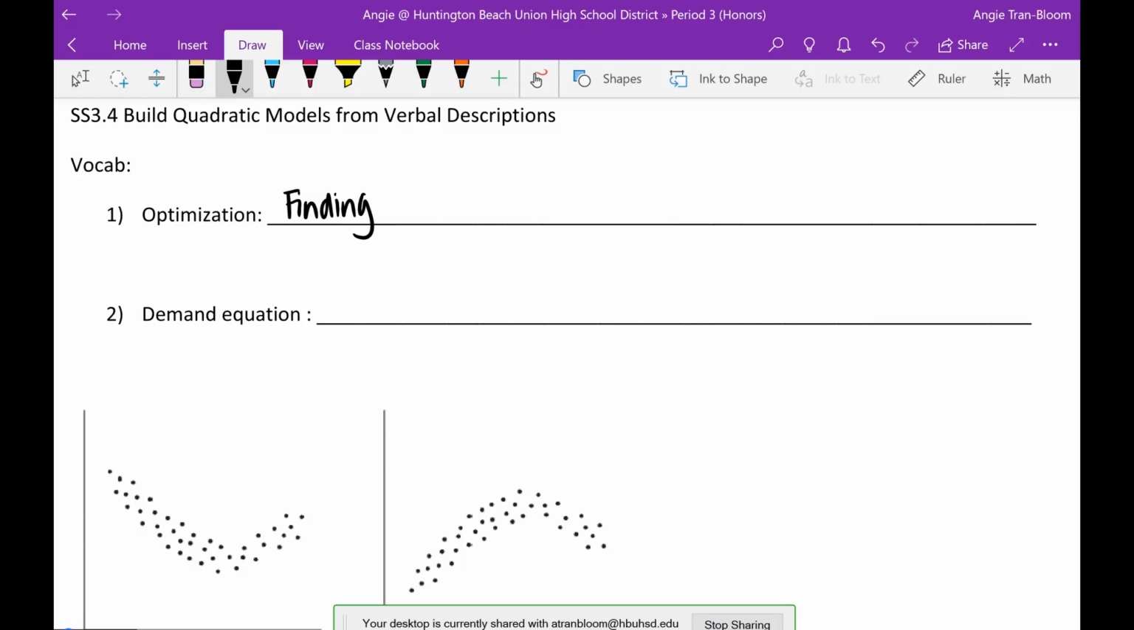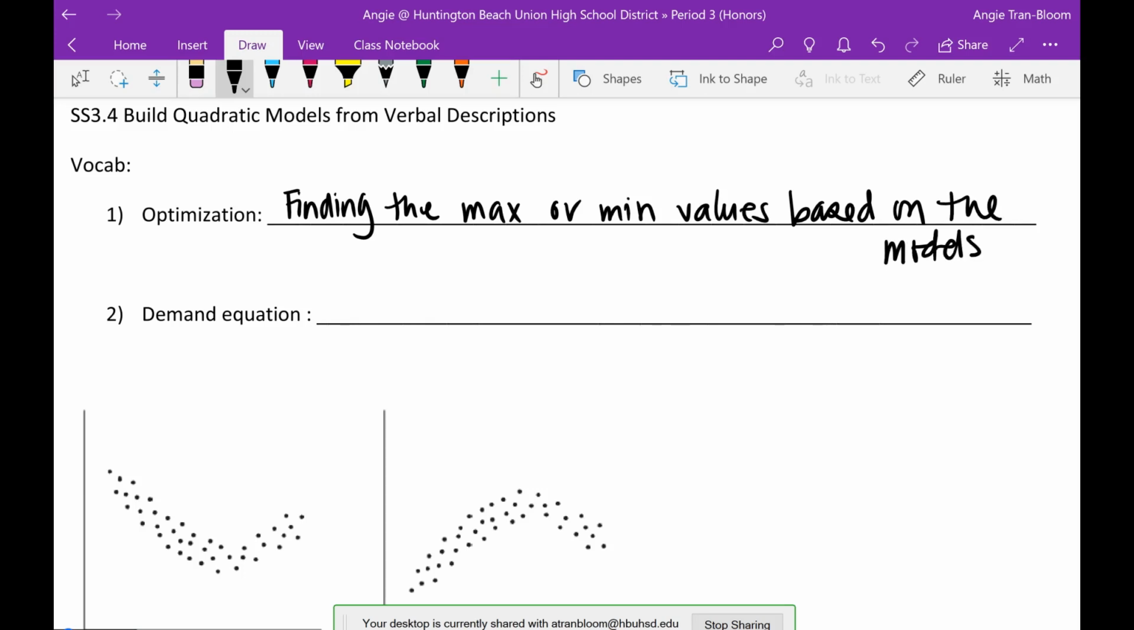Okay, there you go. So optimization is finding the max or min values, depending on the model, based on your model. Based on the models, every application is going to be slightly different. On number 2, it says demand equation. Actually, can you cross out and write revenue equation? Okay, revenue equation. It's always big capital R equals X times P, where